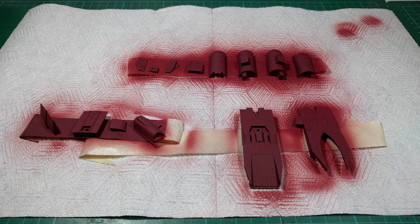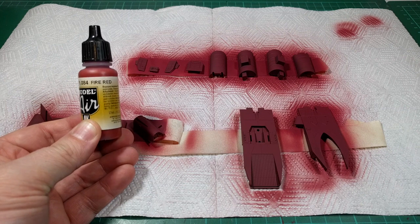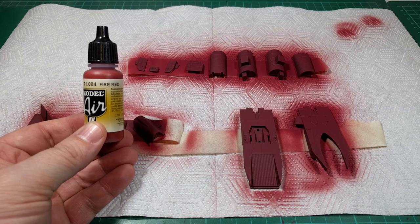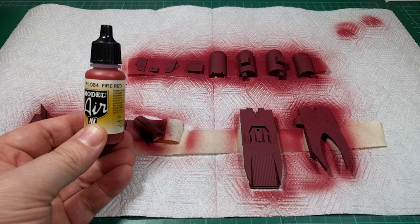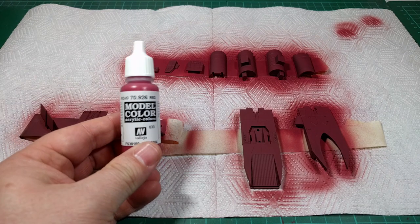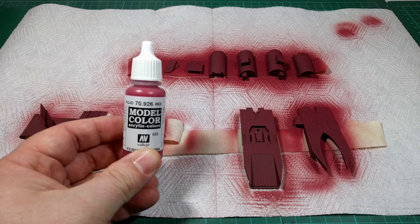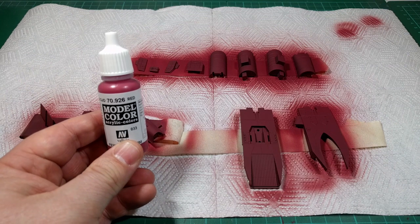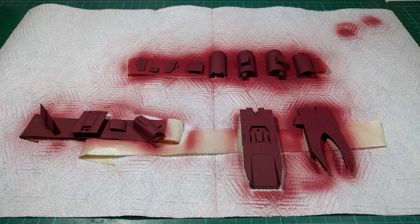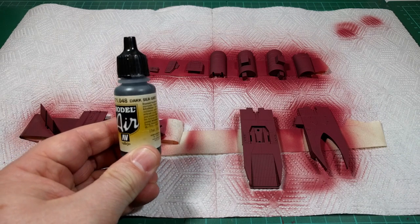So for the red sections, I had to do a lot of experimenting to get the right shade of red, since a lot of the Vallejo Model Air colours that I've got, all their reds are quite yellowish, so I wasn't quite getting the right tone of red that I needed. So after a lot of experimenting, I just went out and bought a model colour, just basic red, which is a lot cooler looking red, and of course I needed to thin that down to use an airbrush, but then I added 10 parts of that to 1 part dark sea grey, and that gave it the right tone